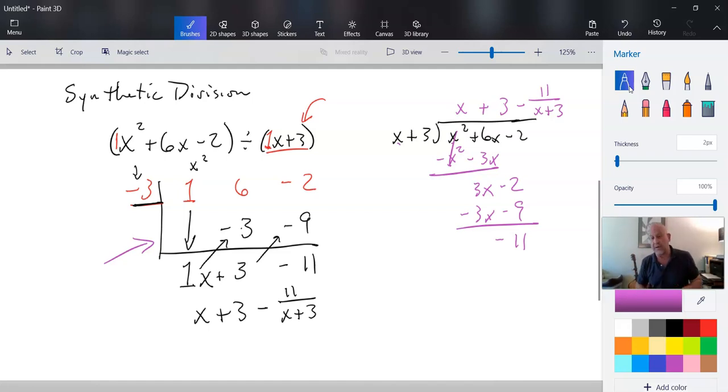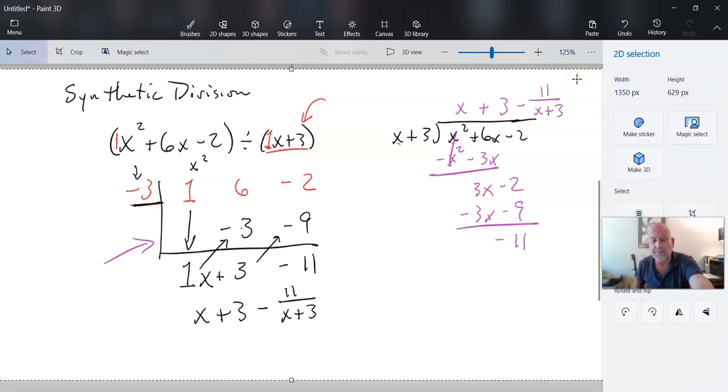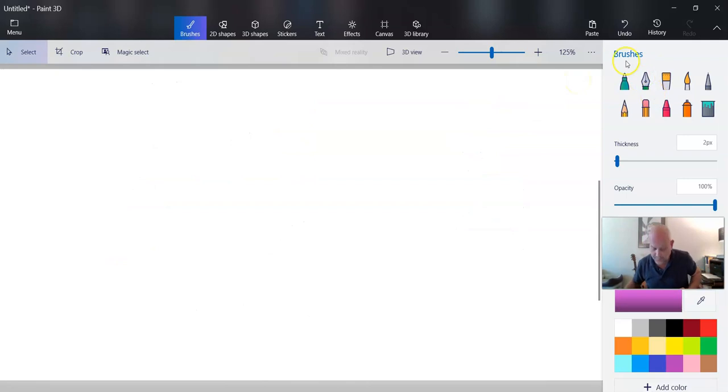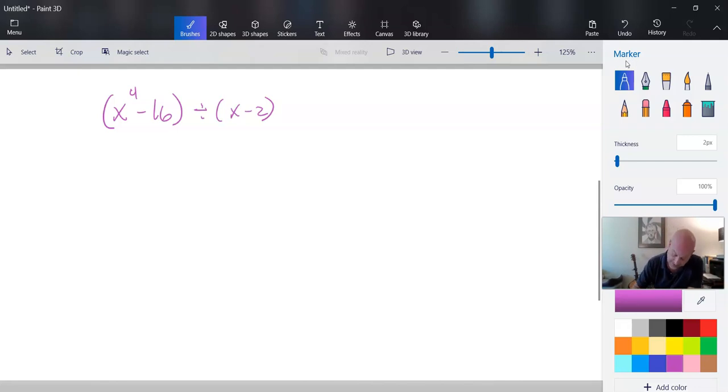Okay, so let's try a bigger one this time. So let's go ahead and clear this off. Okay, so yeah, let's go ahead and try this one. We've already done this one once. And just so you can see that the same types of things happen. Okay, so if I want to divide this now, and I want to use synthetic division,